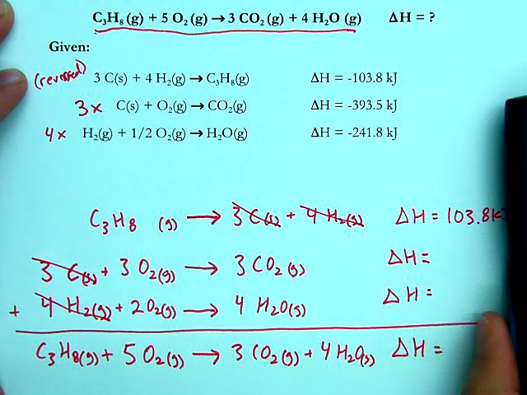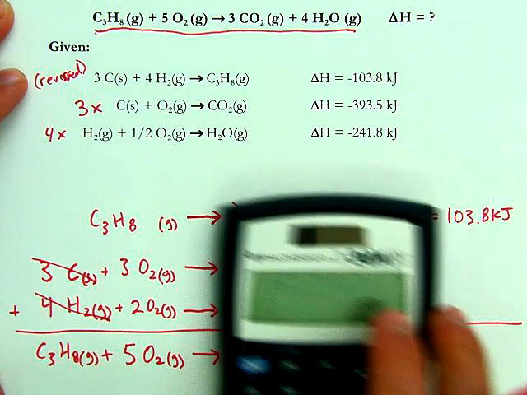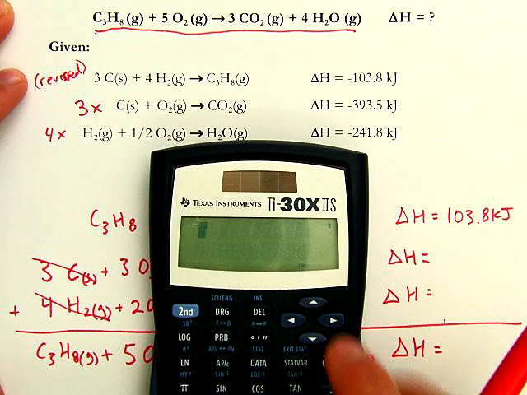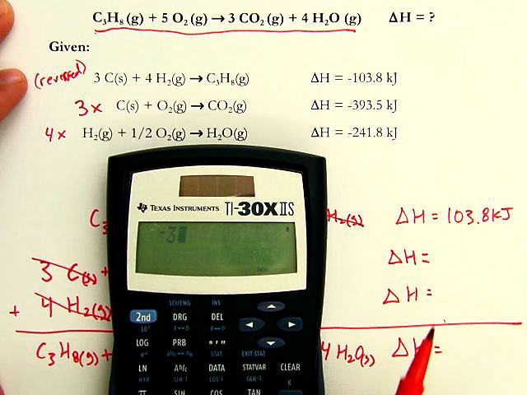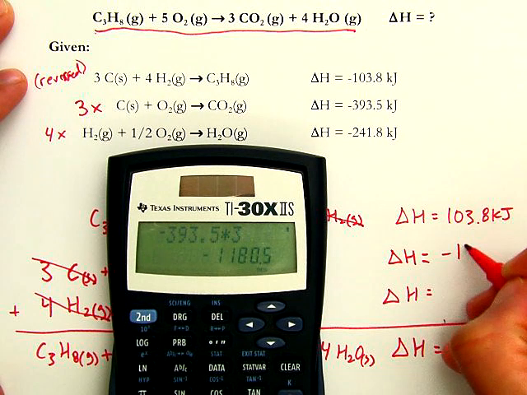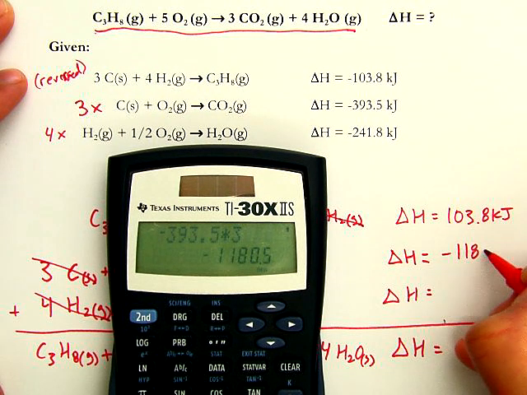So if we multiplied the equation by 3, that means we're going to take this number of kilojoules and multiply it by 3. So minus 393.5 times 3 gives us minus 1180.5